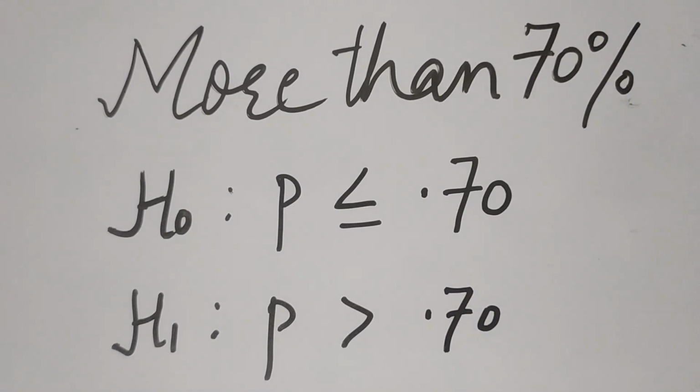Now here we are given that the new service will be introduced when more than 70% of the customers use internet shopping. So that means the alternative hypothesis is accepted. In other words, we can say that if the null hypothesis is rejected, then the alternative hypothesis H1 will be accepted. So here you note that the alternative hypothesis is expressed in terms of direction. So it is a directional hypothesis and the proportion of internet shopping is greater than 0.70.